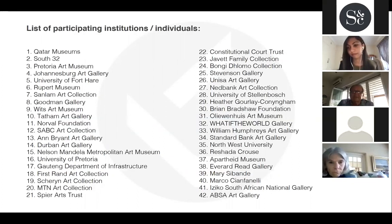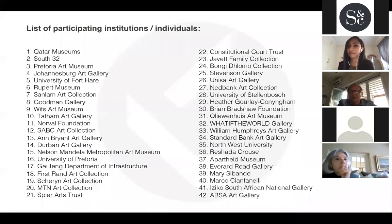I think that the idea of working collaboratively with other institutions right across the country was also an energy which we responded to, and we found the response back incredibly powerful. And I think it also, at this moment, where these institutions are all closed, and many of these works which we have brought together were not even on display, they were mainly in storerooms. So to bring them together at a particular moment was a very special engagement with the art community and the